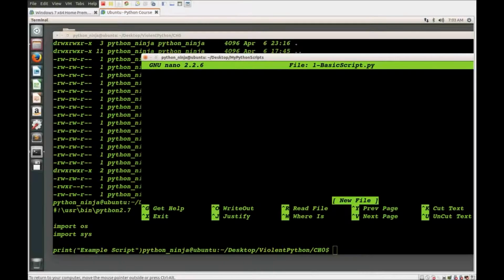So what you're going to notice is it's going to come up, there's nothing in there, right? Because you're just creating this file. And what we're going to do is at the beginning of every single